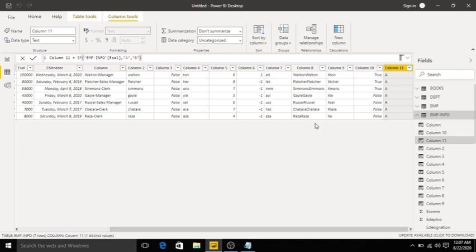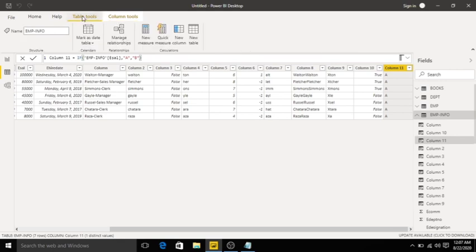We have another function called if error. If error returns a value if the first expression is an error, and the value of the expression itself otherwise. I will create a measure. Click new measure.